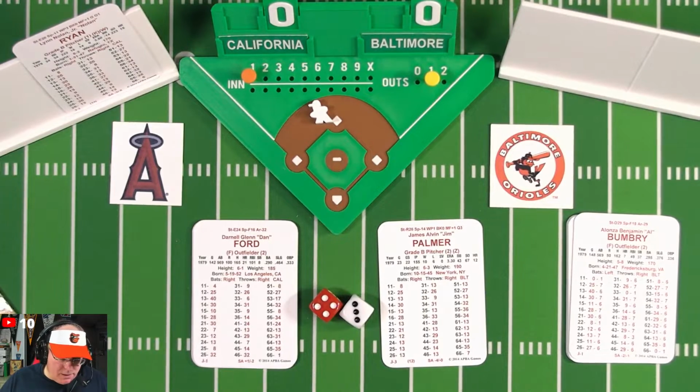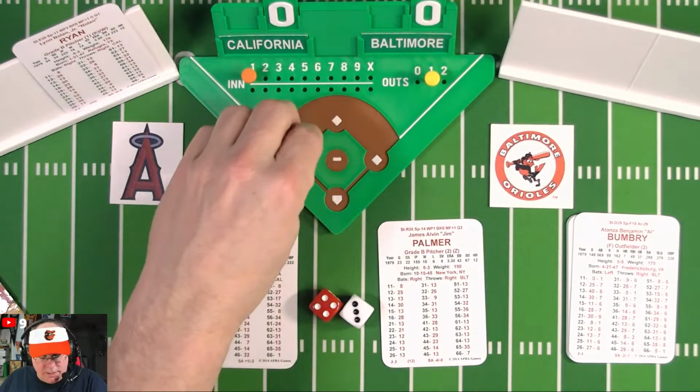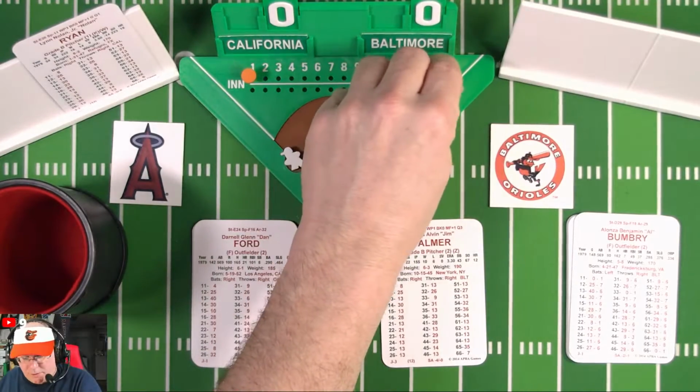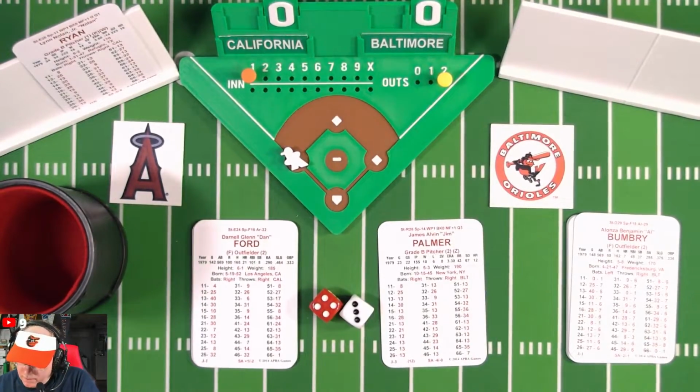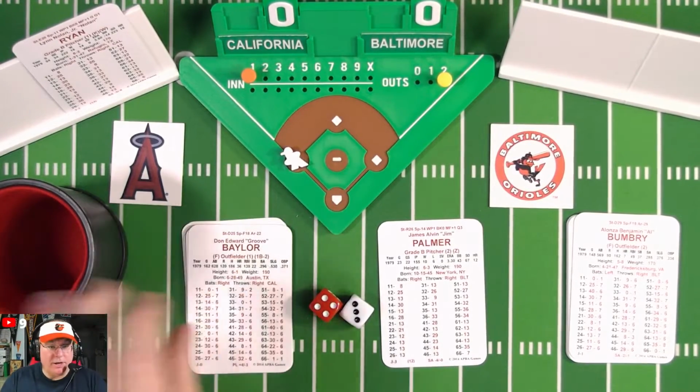Let's try this again. A 43 is a 29. Check swing to first, and Palmer's going to flip that over to first base, and Lansford will scoot down to third. So we have 2 outs here. So we have Miller with a fly out, Lansford with a double. He'll go to third on the G1 by Ford. So now there's a runner on third here